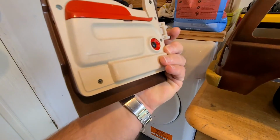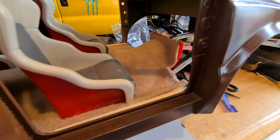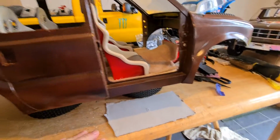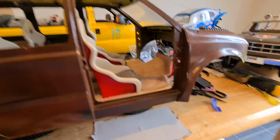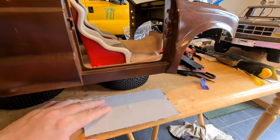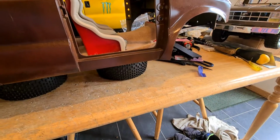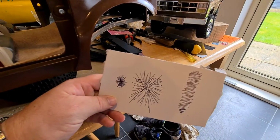But the brown goes really nice. I used a lot of paint to get these door jambs done, and I got them reasonably good. But I had an inkling at that stage this paint was not going to work for me. Now I'll tell you why. Right, when you buy shop-bought rattle cans, they usually come with one of three nozzles that give different spray patterns. Now,